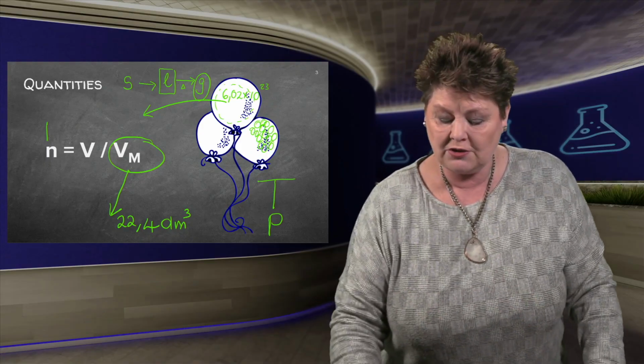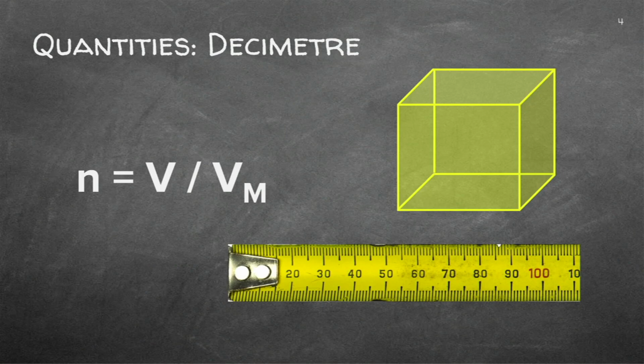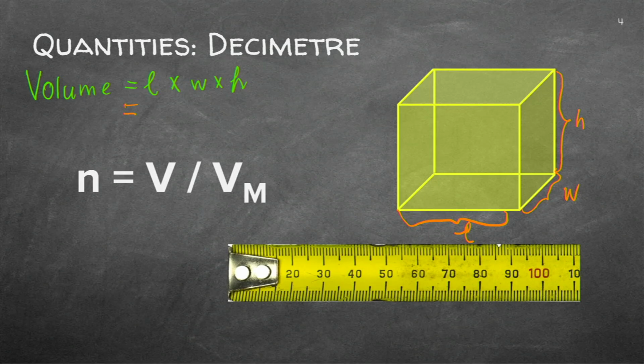Now let's quickly just get back to the calculation of volume. You've done this in previous grades, but I want to clarify. So what do we do when we calculate volume? We will always say volume is length times width times height. So I've got a cube drawn here. Let's say this is the height, this is the width, and this is the length. So it's a cube. So what you have here, if I ask you to calculate the volume, you're going to multiply the length with the width with the height.